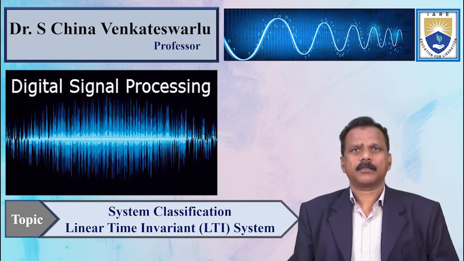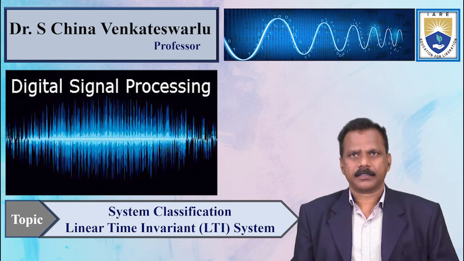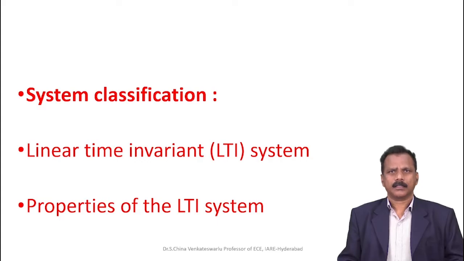Today we're discussing system classification in terms of the linear time invariant system and the properties of the linear time invariant system. In system classification, we know that we have an input and we expect an output from the system. But a normal system is different; for signal manipulation and digital signal processing purposes, we require a linear time invariant system